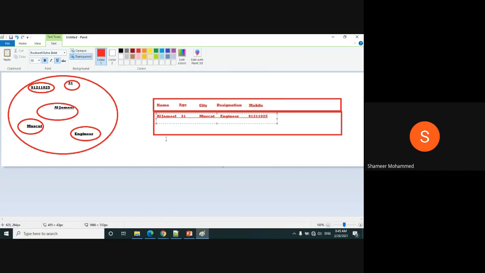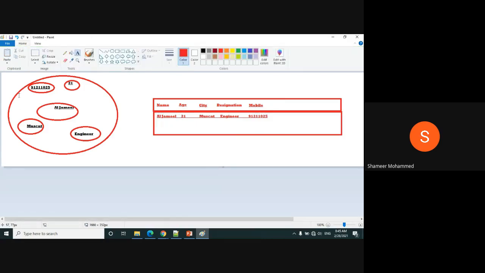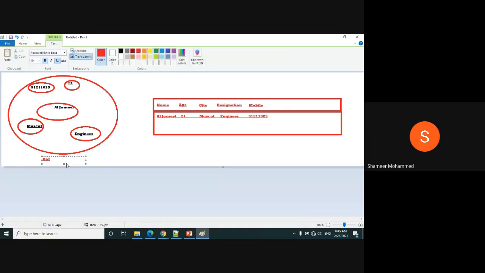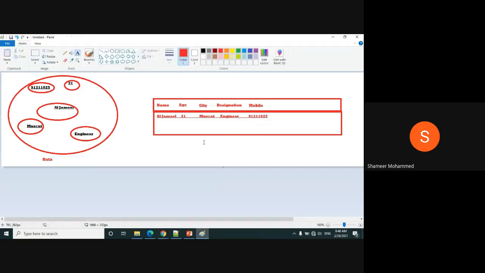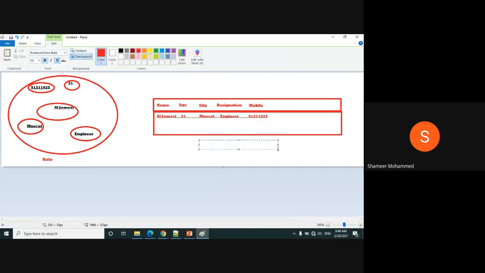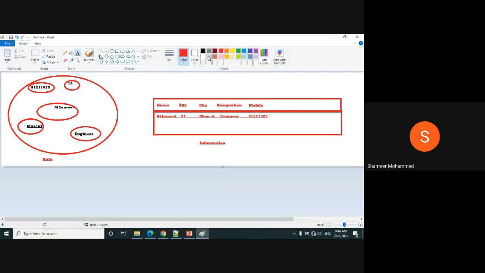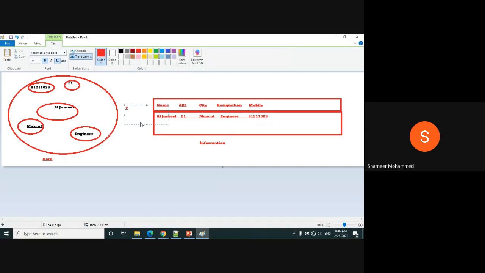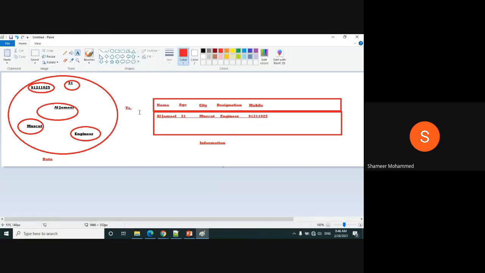This is having some meaning. This is not having any meaning here. So this is nothing but your raw data. This is nothing but your information. This is the difference between these two. You understand? So this is the data and this is the information.